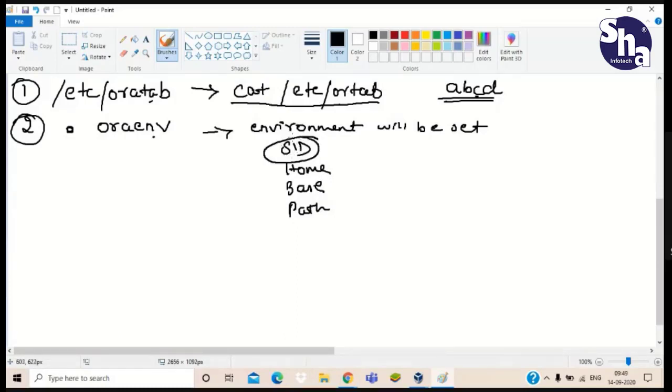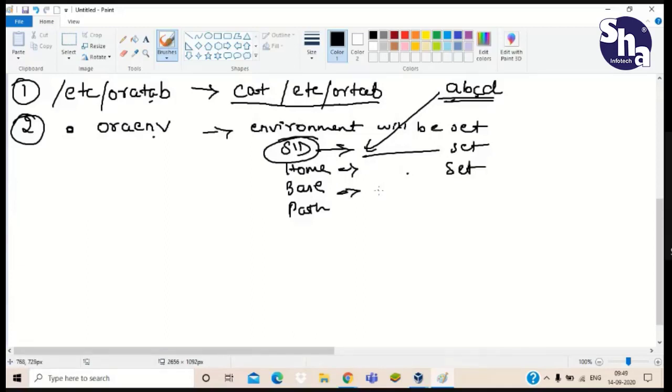So SID means: is this database present or not? It will check, and if it is present, it will set that there is a database named ABCD. In home, if the database is present, there will be a home where all the packages are present. Then it will set.